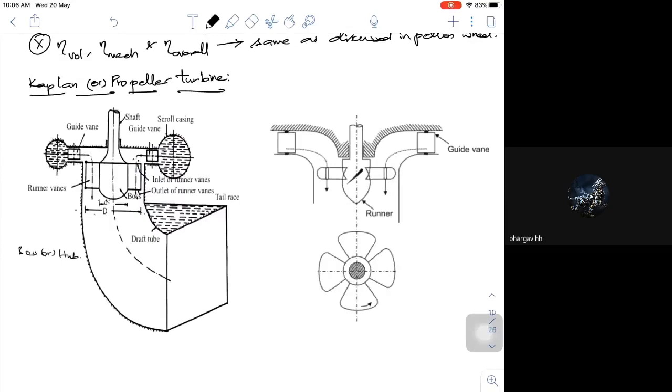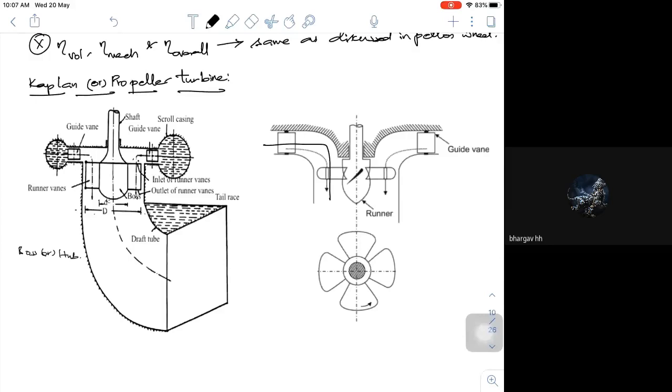It has guide vanes. You can look at these guide vanes. I have written both the sectional view as well as the side view. Everything I have written. You can see the fluid enters like this and it goes. So we have to look at why it is called axial flow.